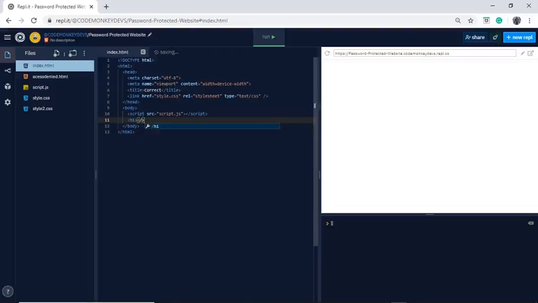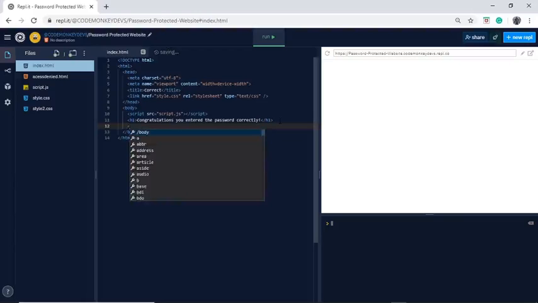and we'll say, first, congratulations. Congratulations, you entered the password correctly. Exclamation point. And then what we'll do is we'll just pop a few images down here, and I will say